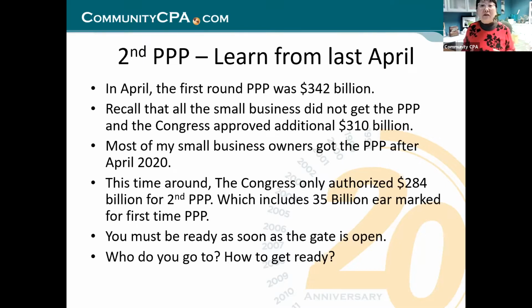But it makes a difference in numbers. What we are thinking about, the first round of PPP funded 342 billion and is gone, right? Then Congress enacted more money. And so we got that all the way to August 8th and closed the first round of CARES Act PPP. So with that,